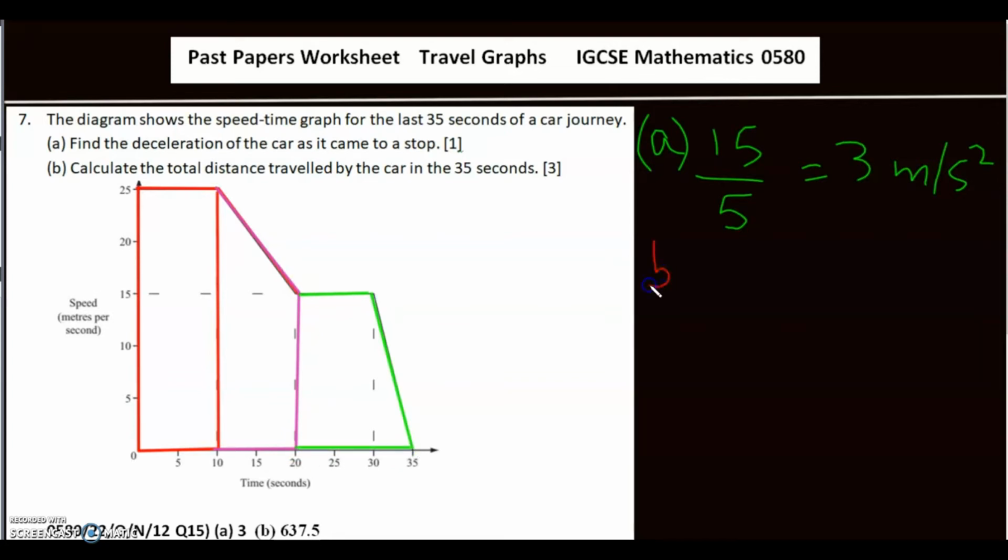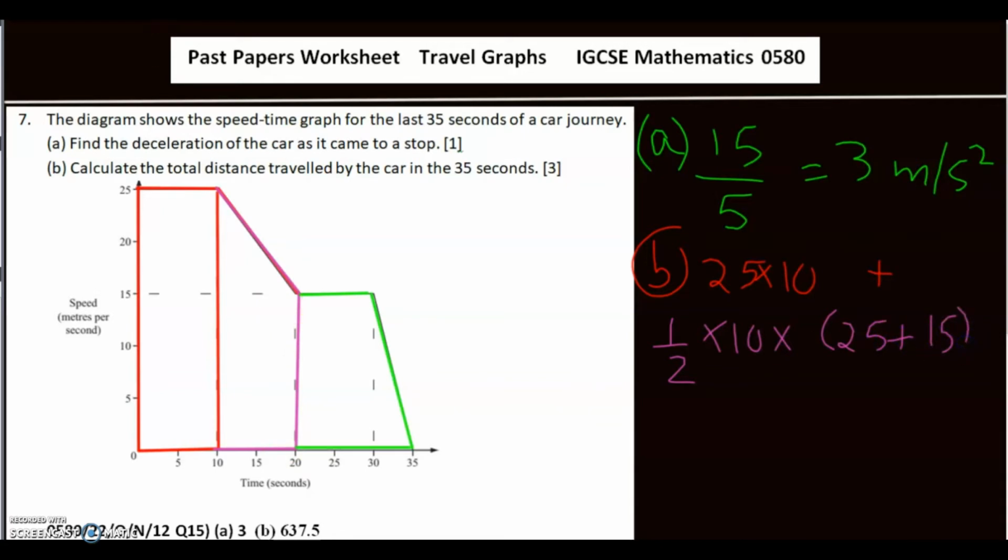So length is 25 units times width is 10 units, plus area of a trapezium, which is half times height. The height is the length connecting the two parallel sides, so that's simply 10 units, times the sum of parallel sides, so the red line is 25 units, the purple line is 15 units,